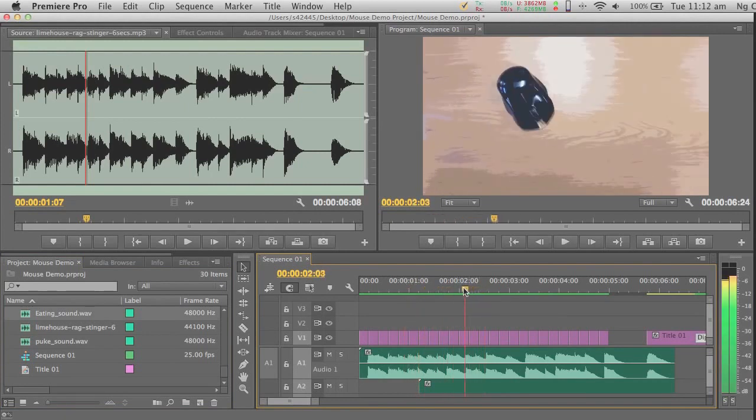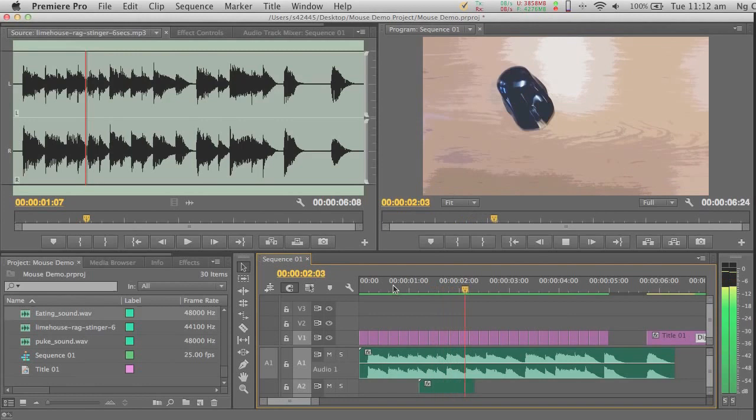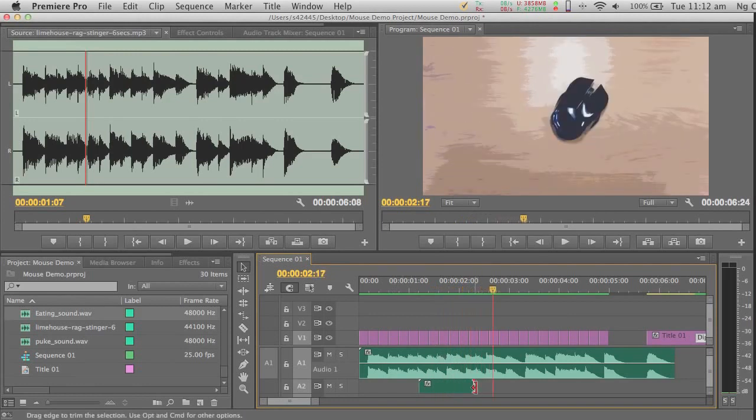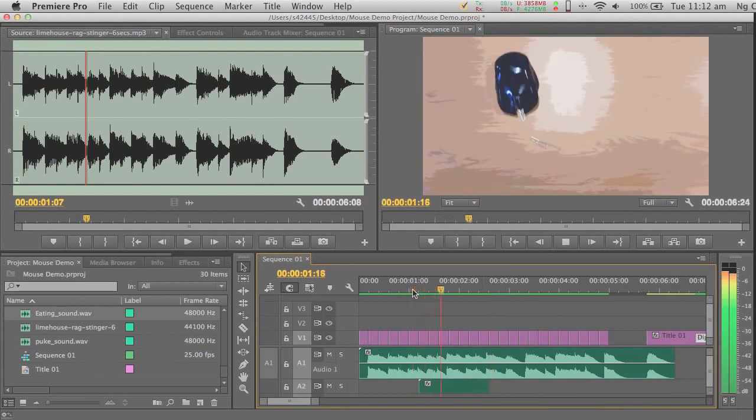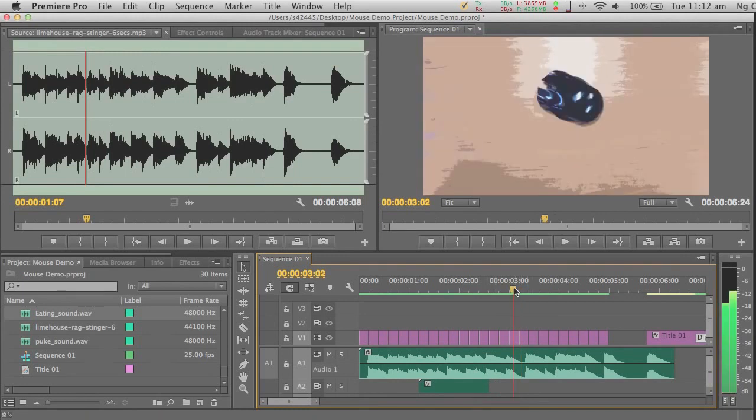So again, I'm going to locate where he finished eating. He swallowed the last pin, then maybe I go a bit further. Remember, sound travels slower than light. Then I'm going to go to the end of the eating audio track and trim it. Now we have the eating. I'm just going to make it a bit longer so that it sounds nicer, so that you can finish eating and digestion.